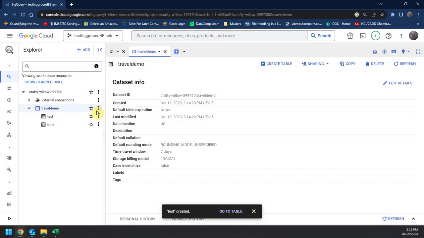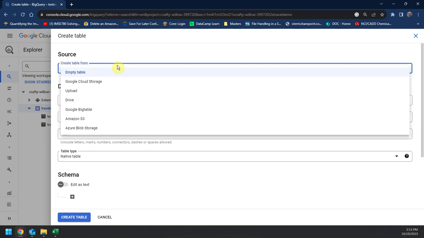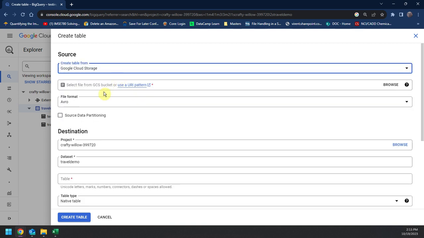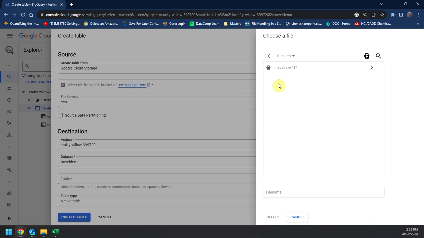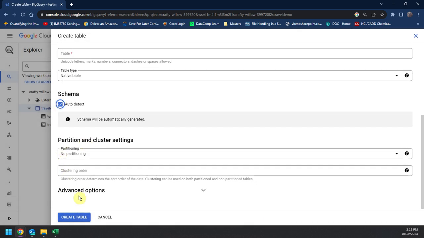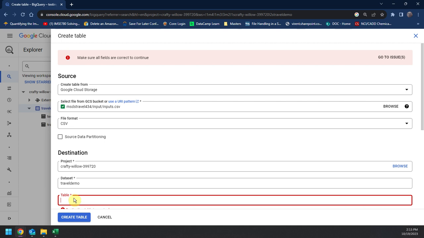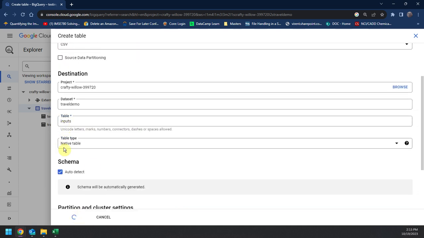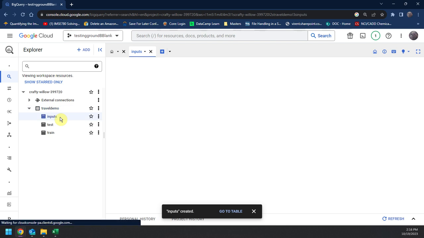And we'll create our prediction data set table, mart input. Auto detect and create. Inputs. All right. So now we've got all of our